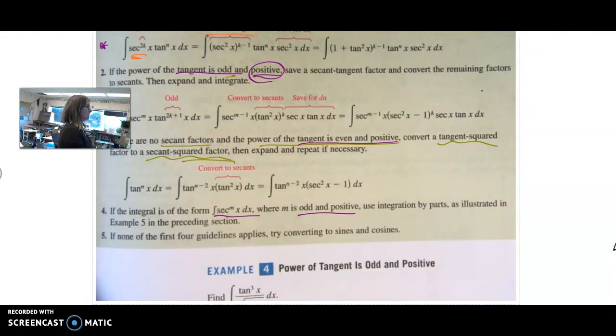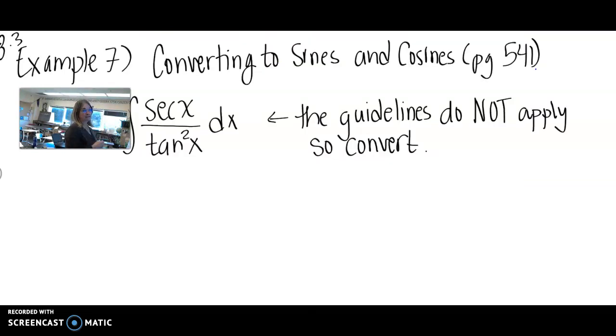Continuing on here, if the integral is the form secant and there's an odd power and positive, you can use integration by parts, but we have a tangent as well. So if none of the first four guidelines applies, try converting to sines and cosines. So these guidelines do not apply, so this is what we're going to do. So if you convert this